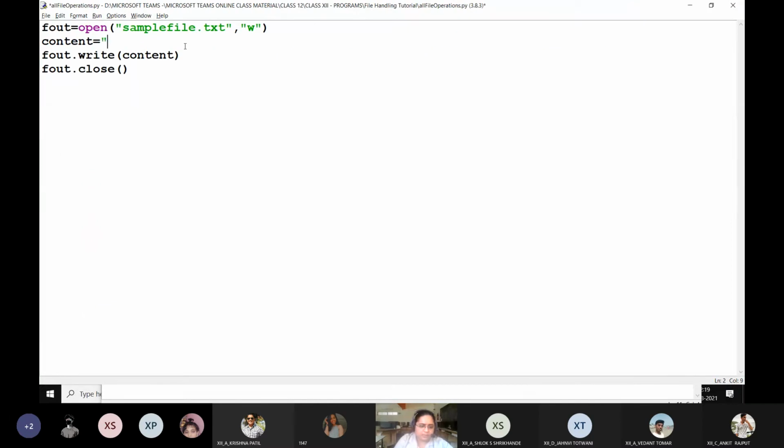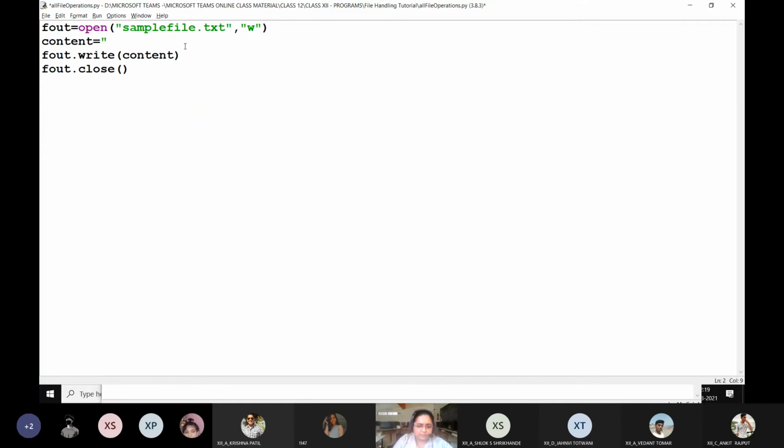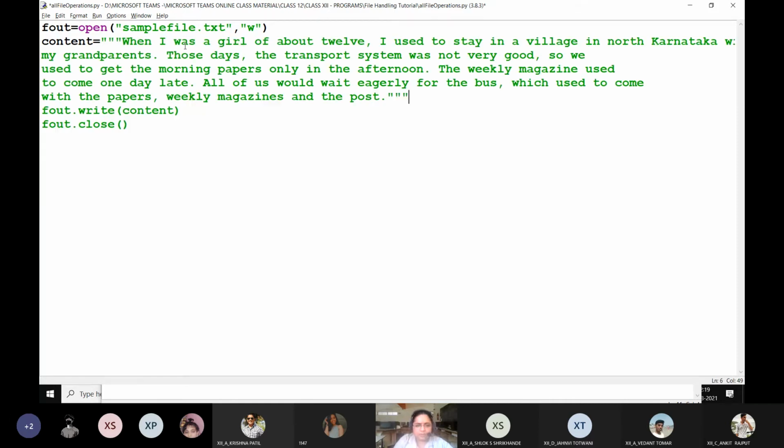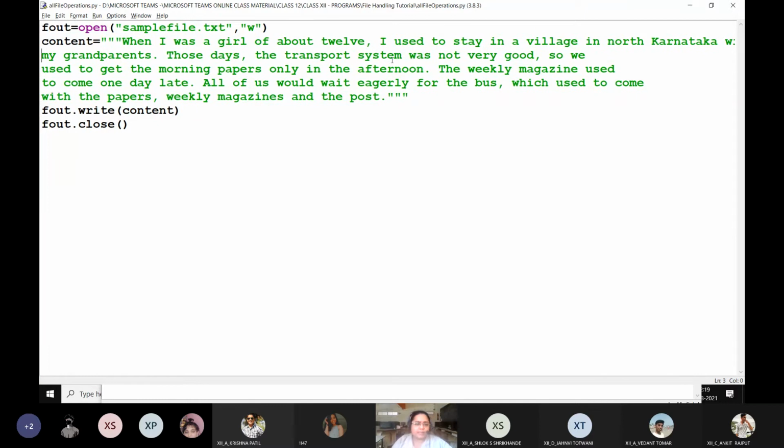So I'm just opening a double quotes, pasting everything, and see now everything is in the form of a separate line. So if I want, I can also do it in the form of that. Triple single quotes, type everything, close the triple single. This way, wherever your text ends, you can see that this line ends over there. So new line character is automatically inserted wherever you have inserted a line break. जहाँ जहाँ line change किया है, वहाँ insert हो जाएगा.